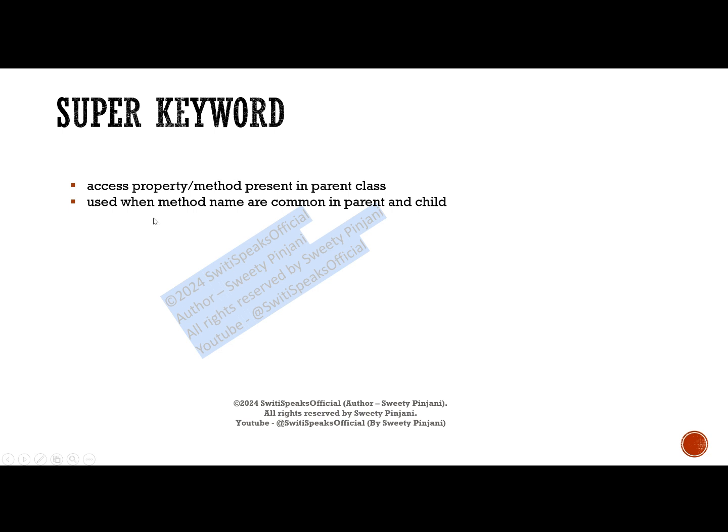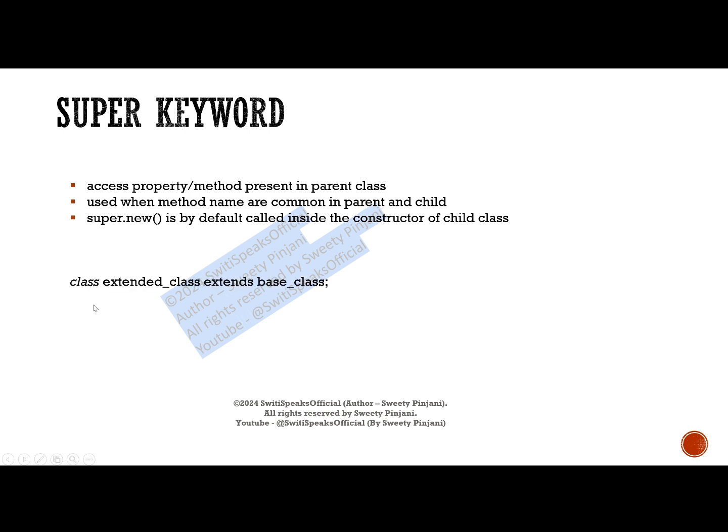This super keyword is used when method names are common in parent and child class. Say I have a display method in the parent class as well as the child class. But in the child class handle, I want to call the parent class display method. So I will say super dot display. It means it will call the parent class display method. Super dot new is called by default inside the child class. This is a constructor. Whenever you are creating a child class, this super dot new is called by default. This thing you don't need to do. This is inbuilt in SystemVerilog.